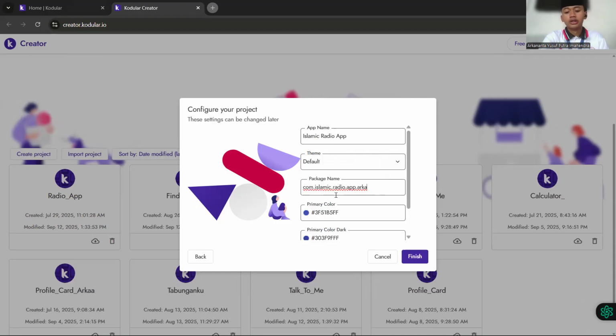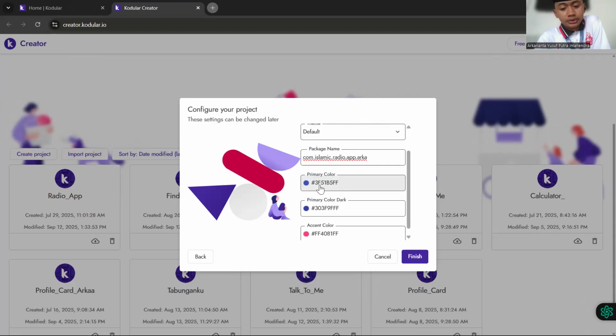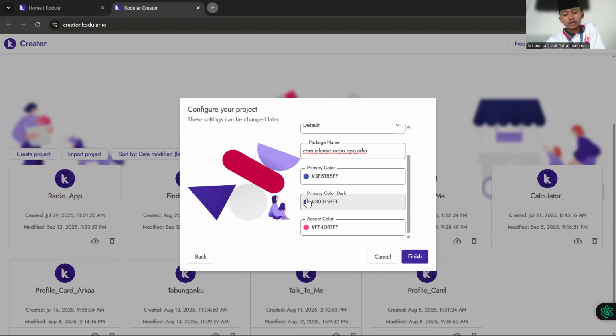For the class, you can give your own name. My name is Arka, so I will give Arka. The next is the primary color. For the primary color, you can just use the standard Kodular one, with the primary color dark and accent color the same.